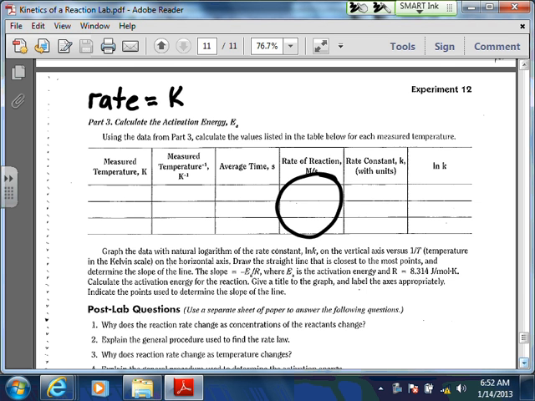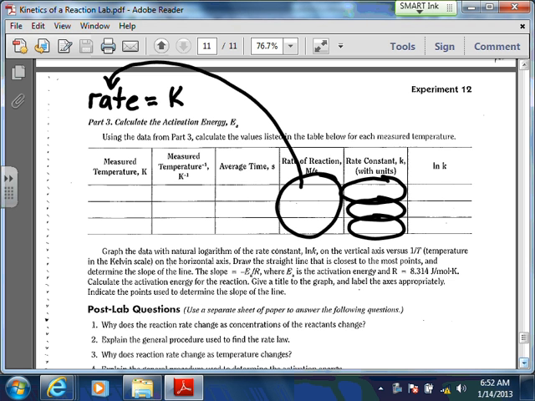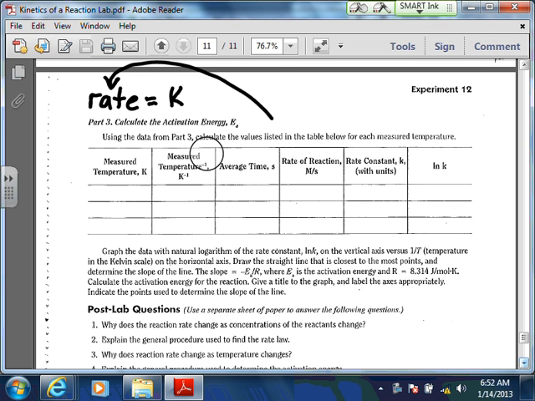So we know what our new rate is that we measured based on the new temperature, and we should be able to figure out what our rate constant K is going to be for each of these 3 different temperatures. The K should be different for each different temperature. When we change the temperature, we change the rate constant. So then you can find your measured temperature in Kelvin, find 1 over Kelvin, and then what you're going to end up doing here, just like in the pre-lab,